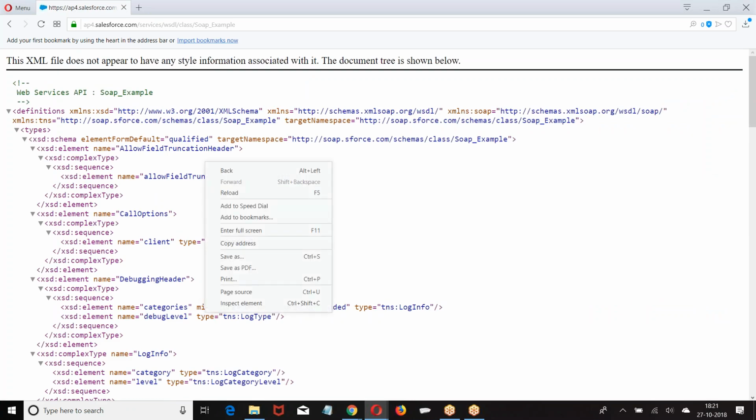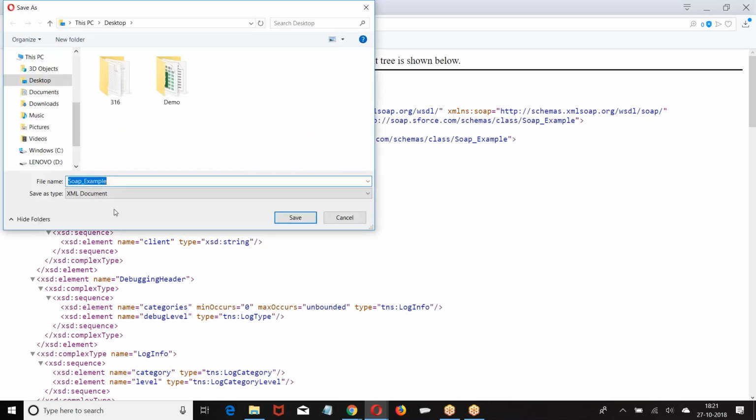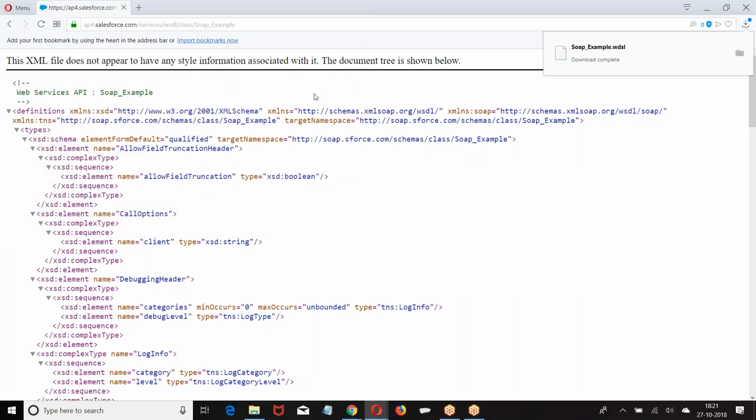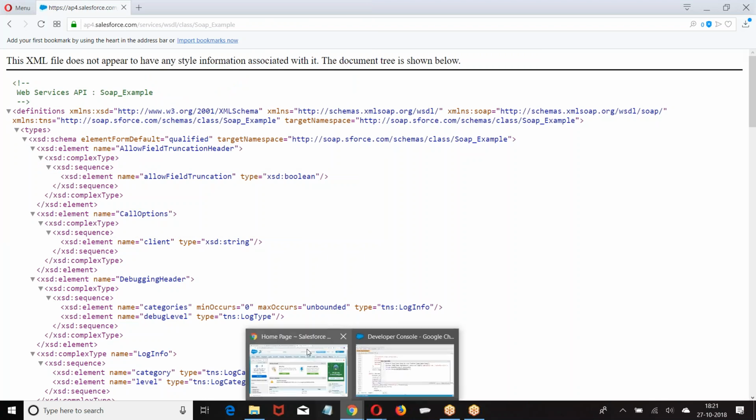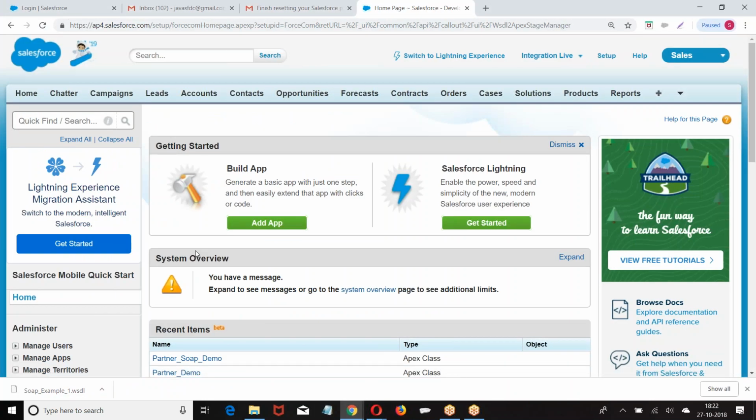Previously, this person gave you partner WSDL file. Now he is also giving a service file. Now, save as service. Now, this organization who is consuming the WSDL file, what are these people doing?